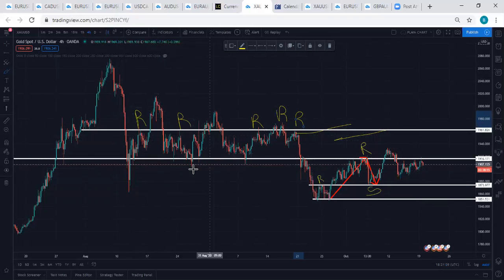So now look at this. This is a resistance, this is a resistance. See here, what is it here, guys? Price was dancing on top. It was a support here. So you can see that it was a support in history past. It became a resistance, became another resistance in the future, became another resistance in the future.